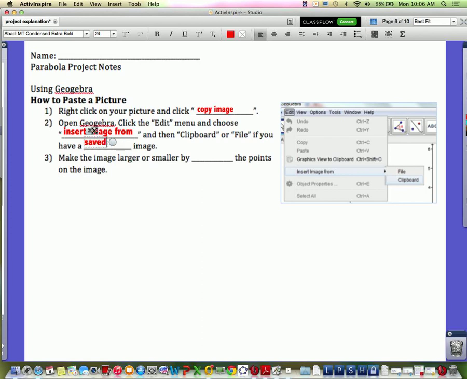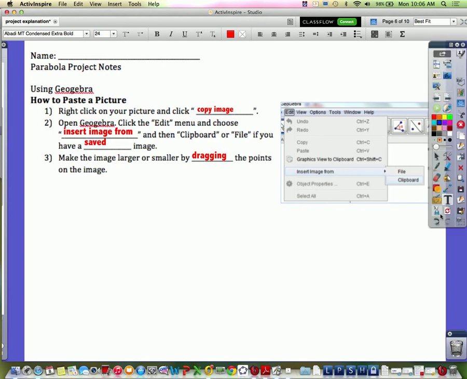So if you have a saved image, you'll have to click on that. And then you can make the image larger or smaller by dragging the points on the image. All of these things I think are things you would figure out probably without me telling you, okay? All right, so then